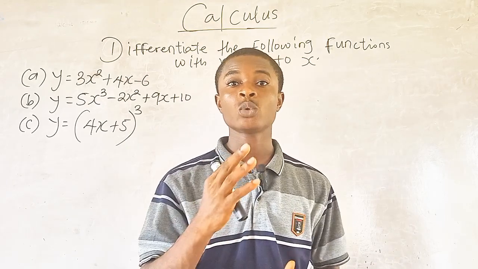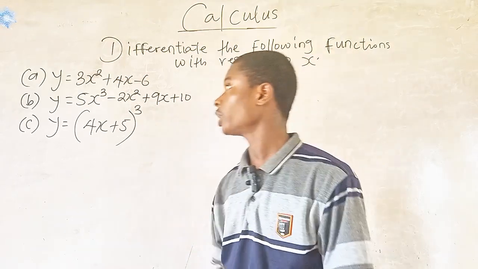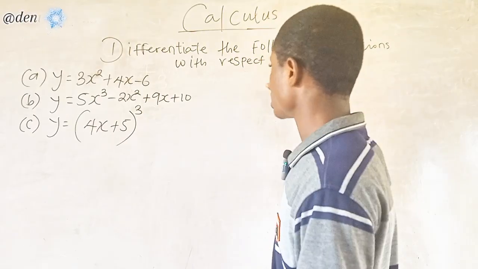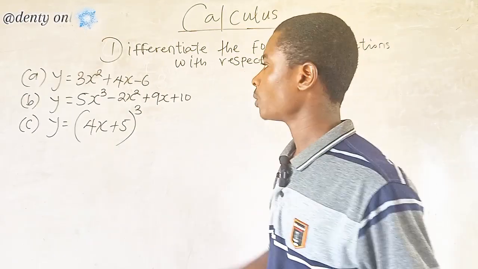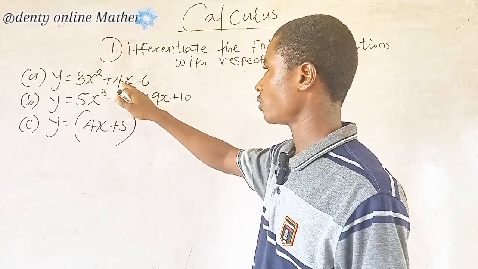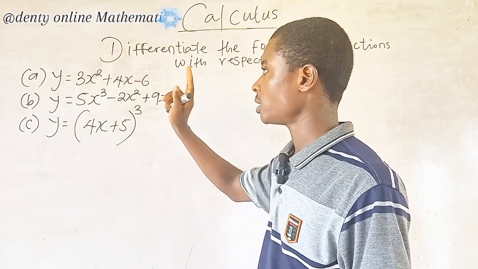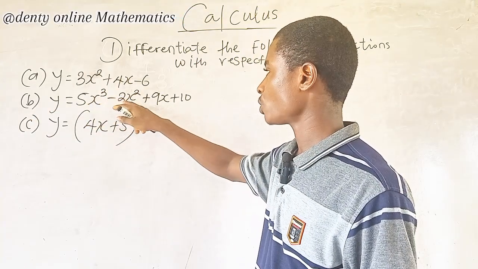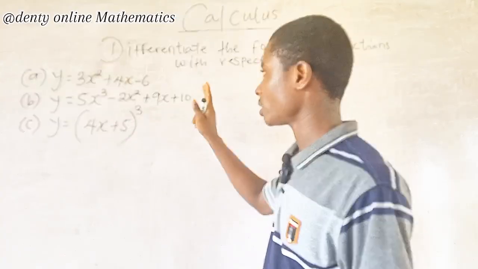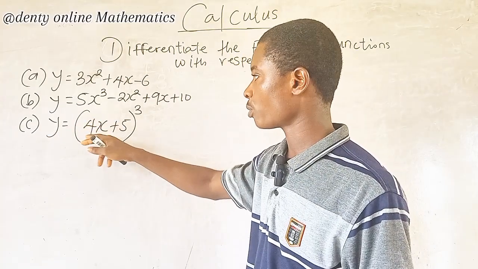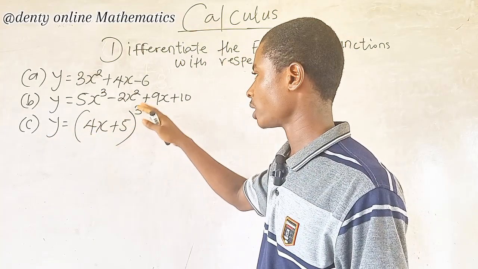Alright, now let's look at what we have here on the board. We are asked to differentiate the following functions with respect to x. This is the first function, y is equal to 3x squared plus 4x minus 6. Second function is y equal to 5x cubed minus 2x squared plus 9x plus 10. While the third function is y is equal to open bracket 4x plus 5 close bracket all raised to the